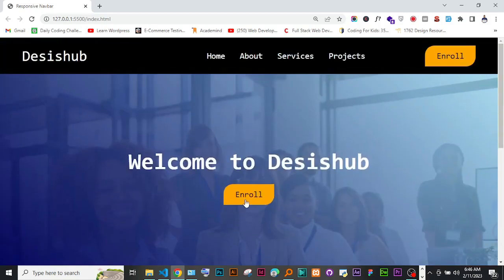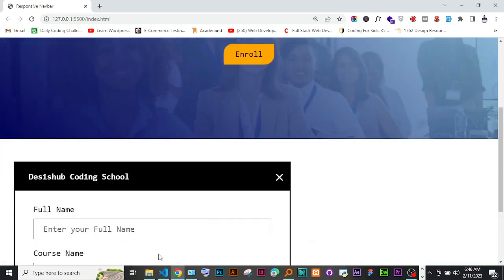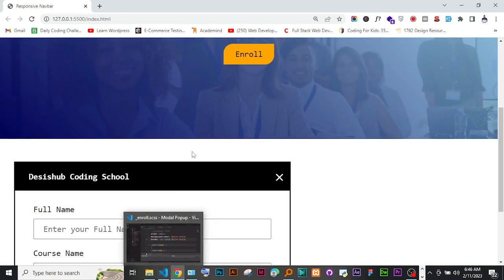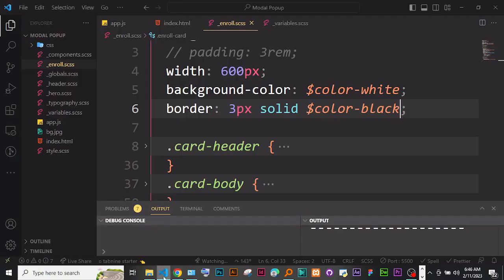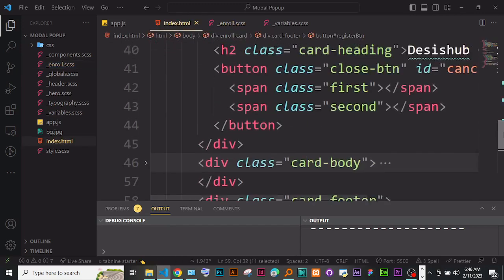Why? For instance, if I click enroll, I want it to pop up from here, or to show up from here in the center of the page. Okay, so that is good. So how do we do that? We are going to use positioning. Okay, we can use positioning, and if I go back to my